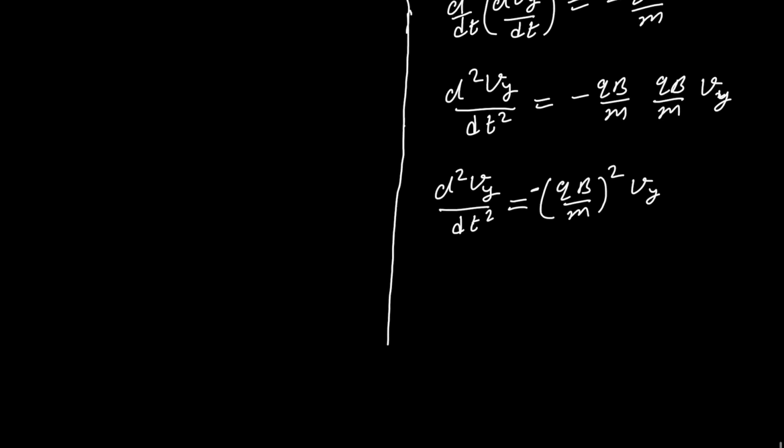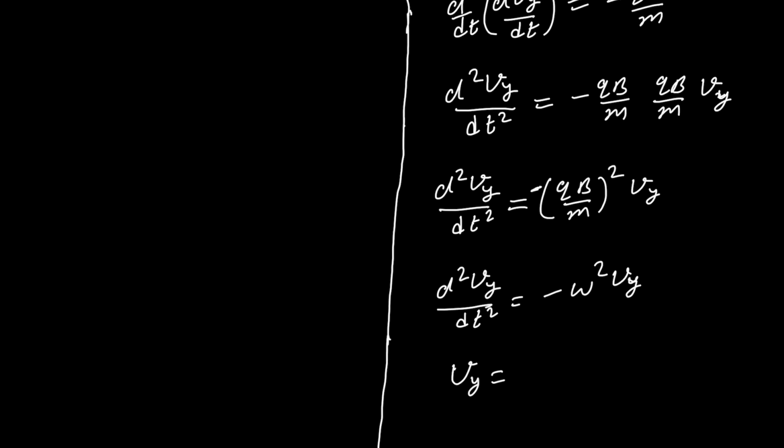Now I guess you have recognized this equation. This is the equation of SHM. So we can write d square vy by dt square equal to minus omega square vy. Now you will be familiar with this equation, where omega is defined, and this is the equation of SHM. So this equation is representing that the velocity of the charged particle along the y-axis is a type of SHM,